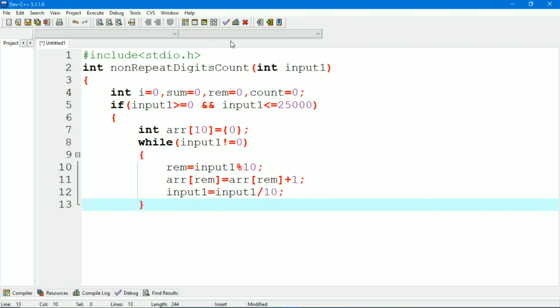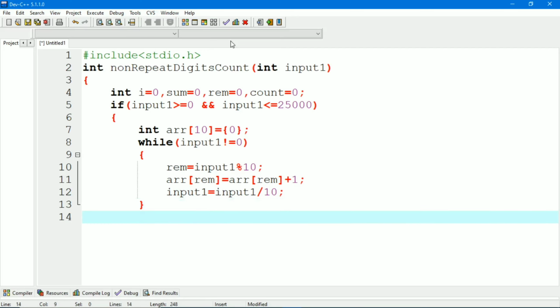Now we will close while loop, and after that for I equal to 0, I less than or equal to 9, I plus plus.